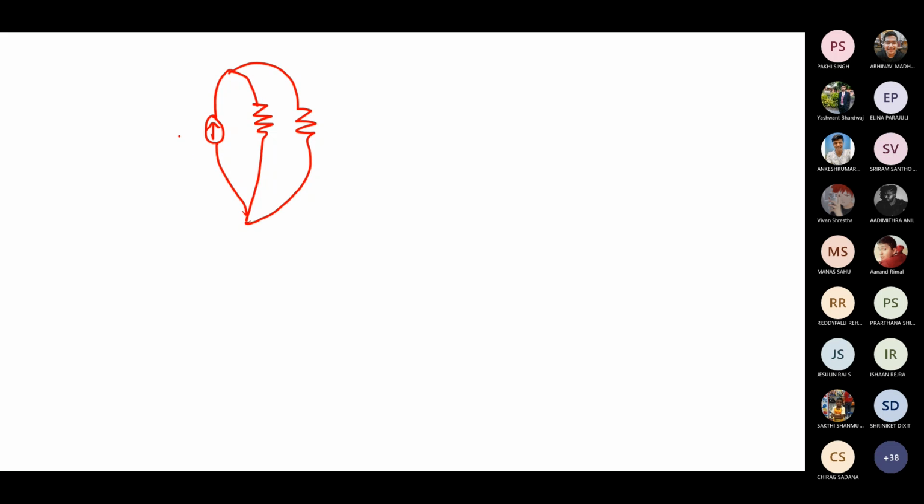So this is the resistor R1 and R2. How are these two resistors connected, students? Parallel, because the ends of the two resistors are connected together, and this is connected to one of the source terminals. How many nodes are there in this circuit? Two nodes: the connecting point is this one and this one. The current entering the node is equal to the current leaving the node. That is what KCL is.